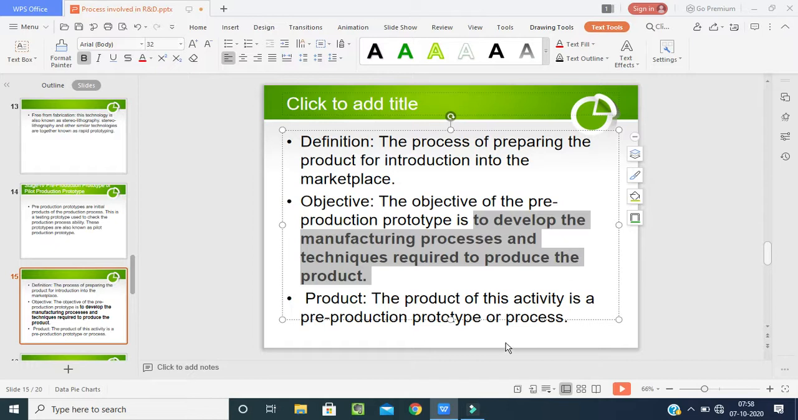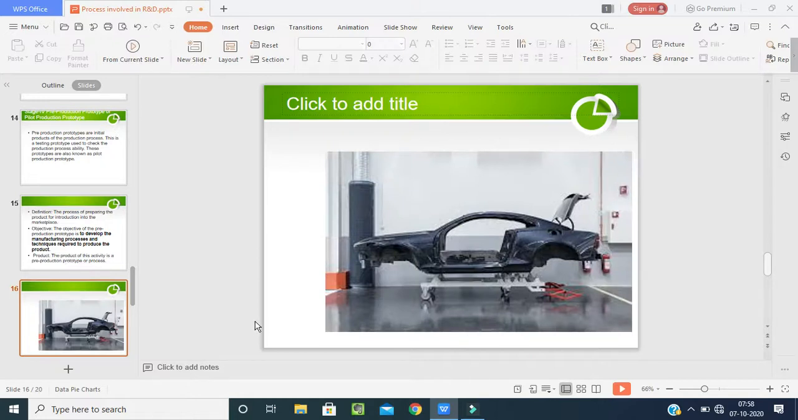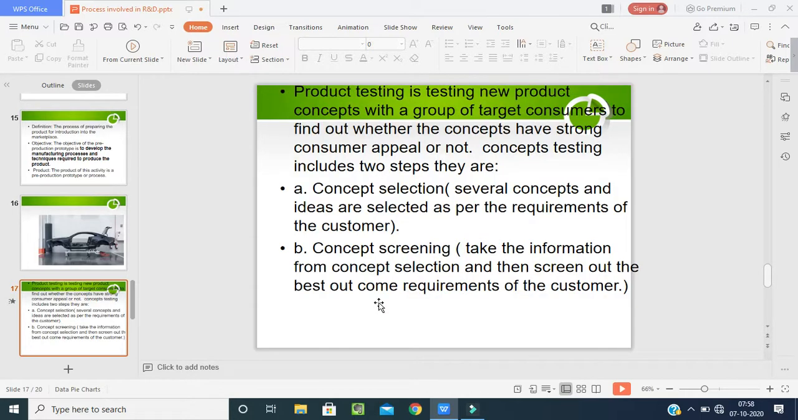Now the product of this activity is the pre-production prototype. Here you can see the things we have to use: pre-production, the process, everything, our modifications and techniques we can use. Now the next one is